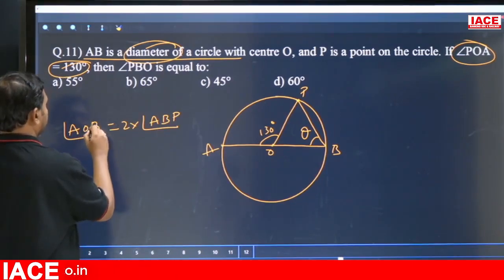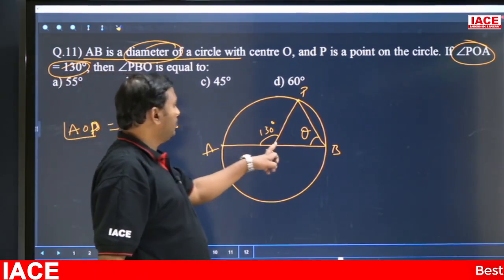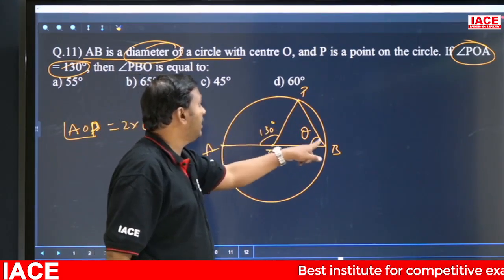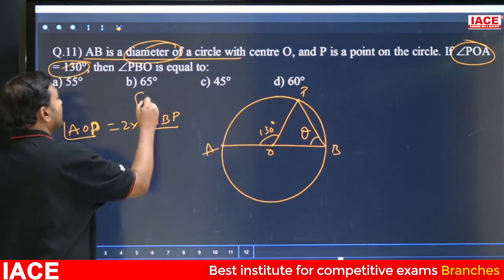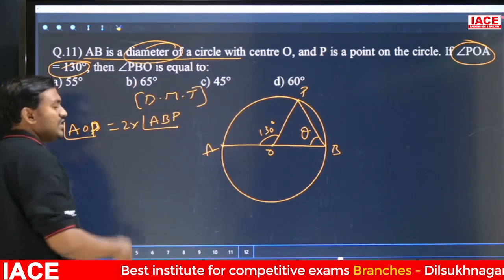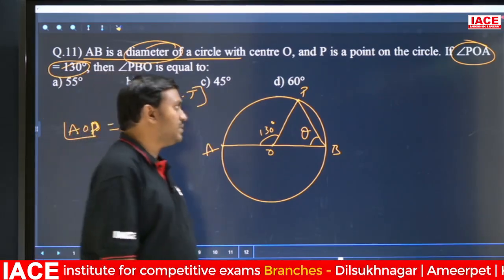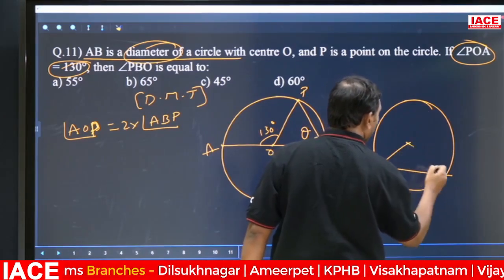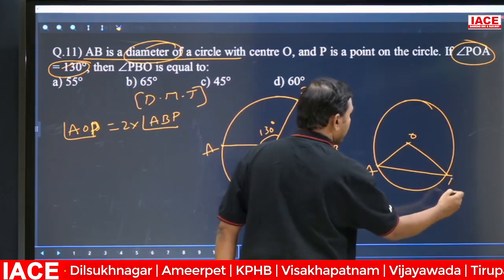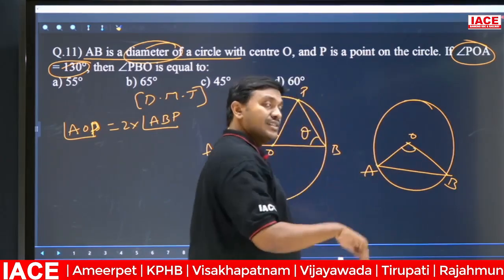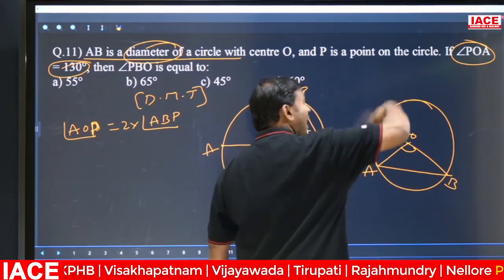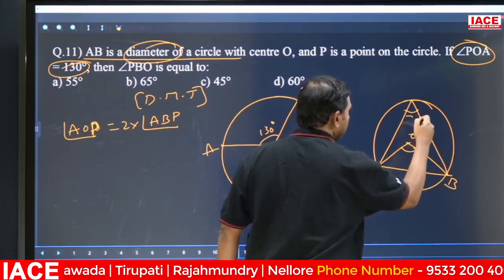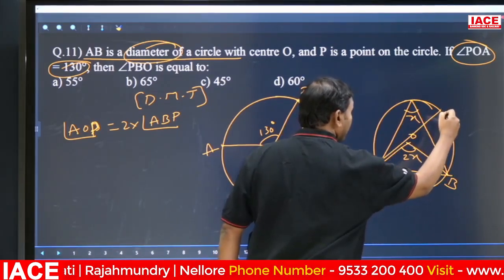Angle AOP is always 2 times angle ABP. Which theorem? Degree measure theorem, right? So this is the degree measure theorem we discussed. What does it say? In a circle, if a chord is drawn, the angle made by the chord at the center is always double when compared to the angle made on the other part of the circle, not on the same part. On the other part, wherever you draw, let this be x, then this is how much? 2x. Anywhere on the other part.